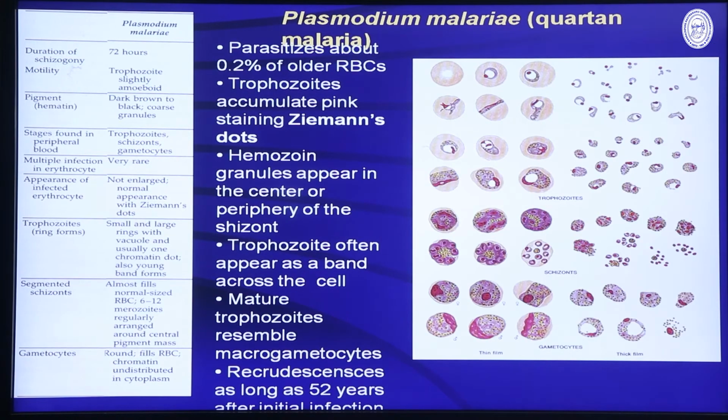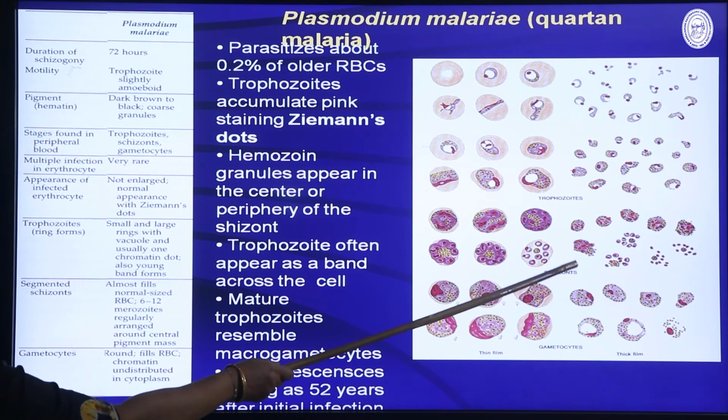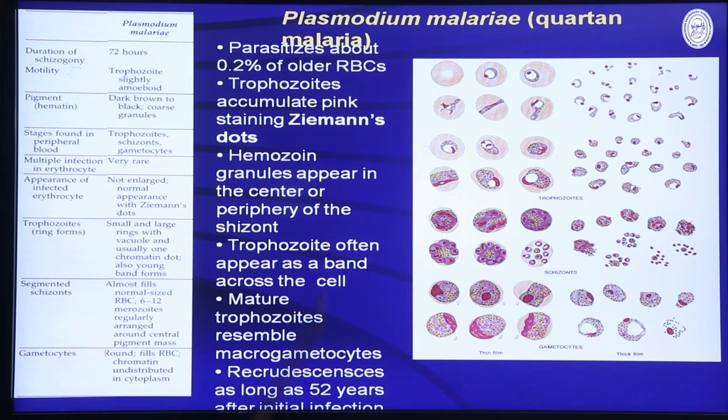Now coming to the quartan malaria or Plasmodium malariae, you can see that they are distributed in the periphery, and then after liberating, they will look like this. And obviously, when we have a comparative study of Plasmodium vivax, malariae and ovale, we can see this